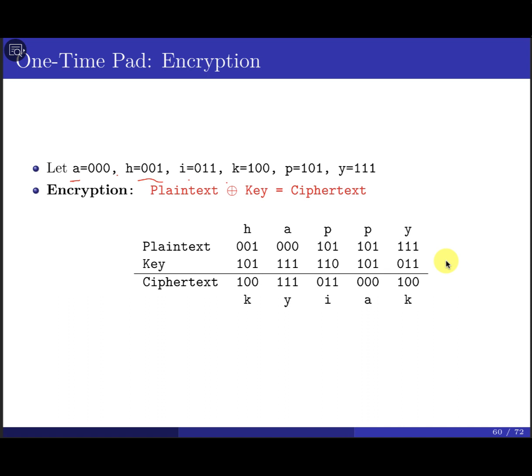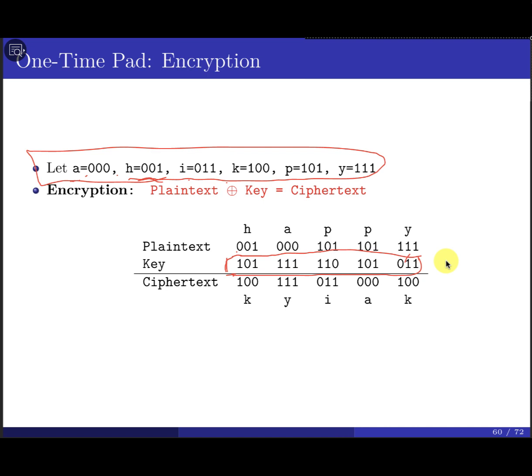In order to encrypt the plain text, for every single letter, you convert from the alphabetic representation into the binary representation, ASCII code, whatever. In our case, we convert this to our own system, maybe a unique mapping system. So here for the H, we have 001. For the A, it's 000, and so on. And assume this is the key. Remember, the size of the key must equal the size of the plain text. So the plain text here is 3 multiplied by 5, then the ciphertext must also be 3 multiplied by 5.